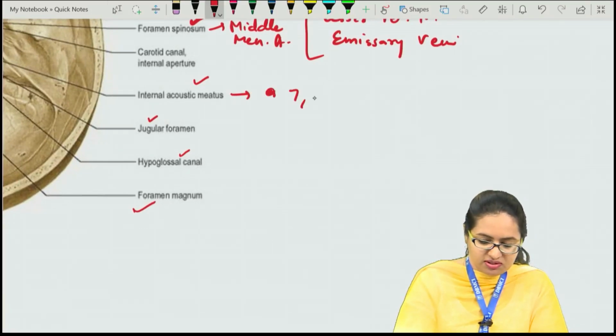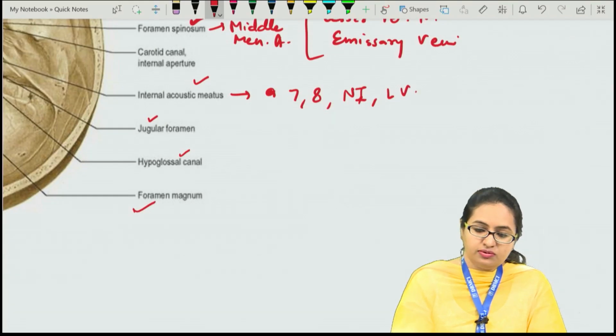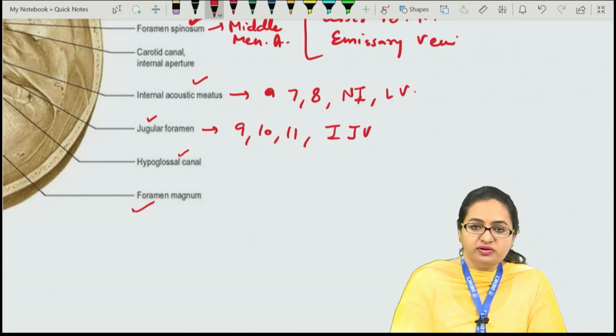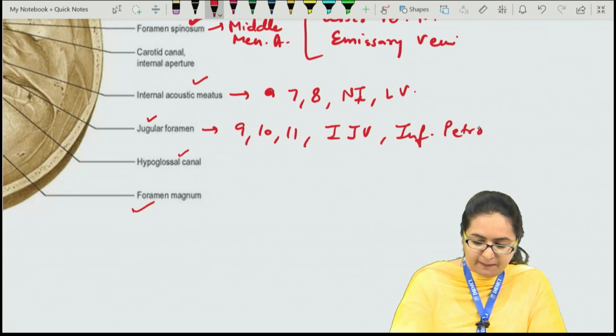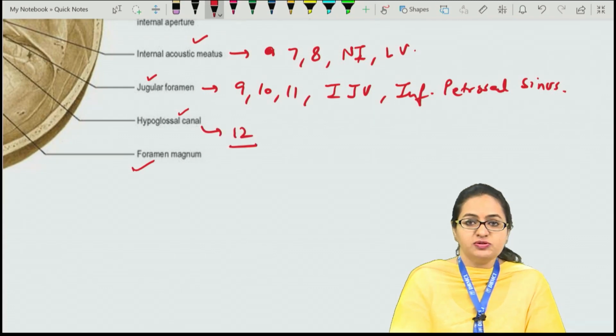As we have just discussed, through the internal acoustic meatus pass the 7th and 8th nerves and nervus intermedius, along with the labyrinthine vessels. Then through the jugular foramen, the 9th, 10th and 11th cranial nerves pass, along with the internal jugular vein and the inferior petrosal sinus. Through the hypoglossal canal, the 12th cranial nerve passes, and through the foramen magnum, the lower portion